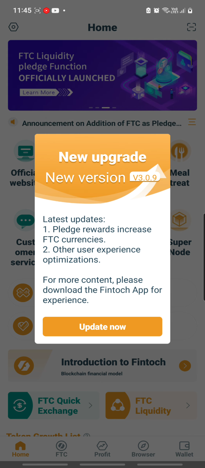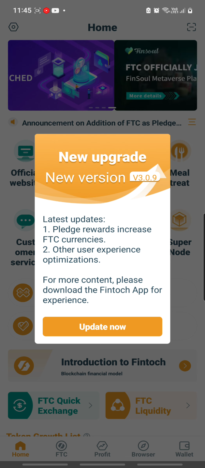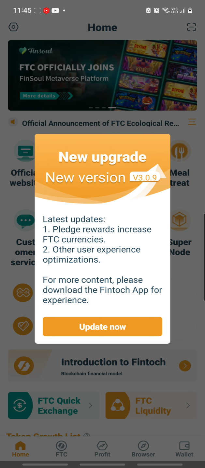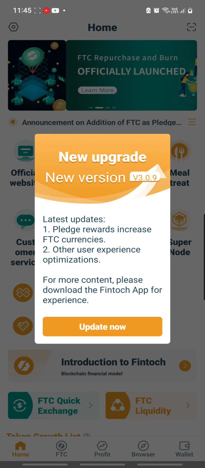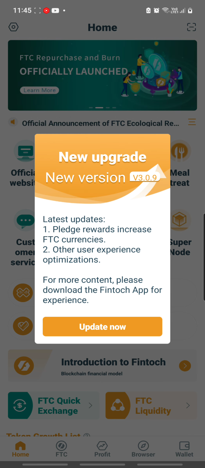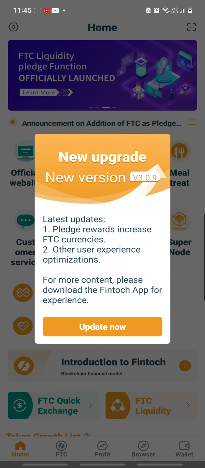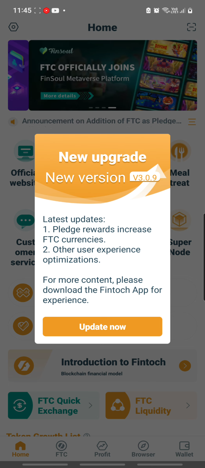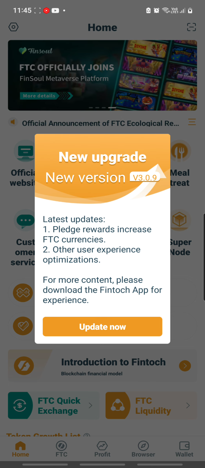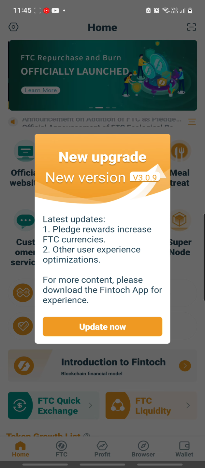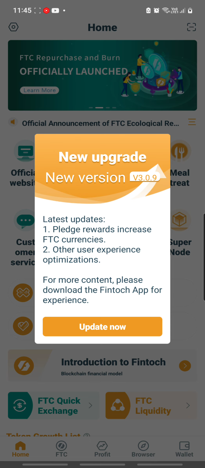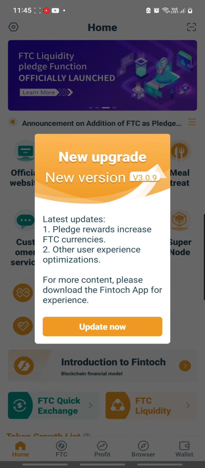The latest update, what you will see is that there will be pledge rewards increase FTC currencies. In other words, what is new in this is that now we can also pledge FTC coins. Okay, without further ado, let me click update now first. And as it is loading,